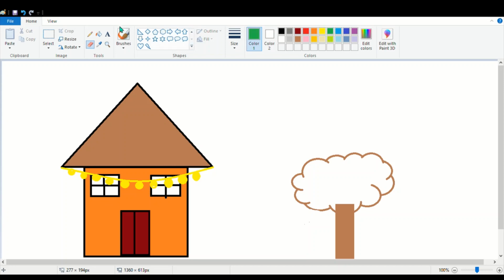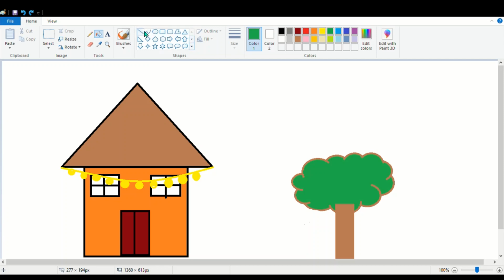Again, I select the color, go to fill with color tool, fill it with green color, right? Now I want to draw some buntings for decoration.